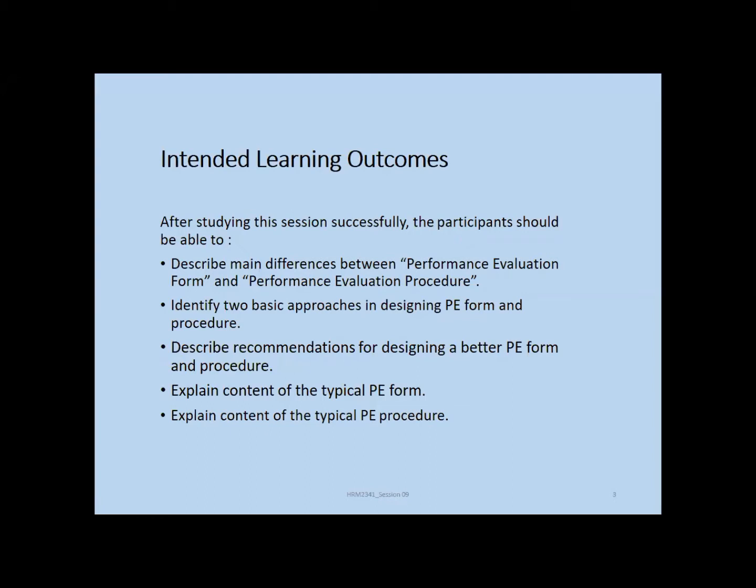That is not the same thing. There are several differences between these two elements of the performance evaluation process. We'll discuss those differences with the basic understanding of what is performance evaluation form and what is performance evaluation procedure. Then